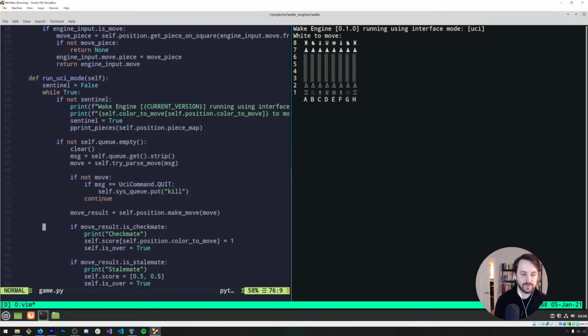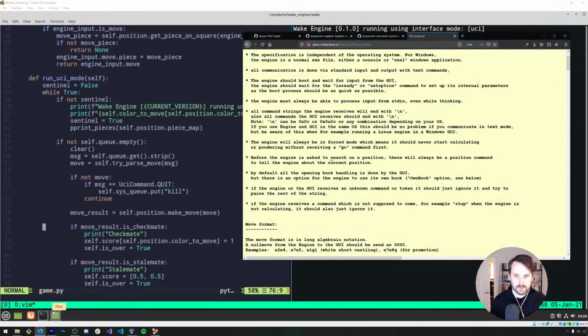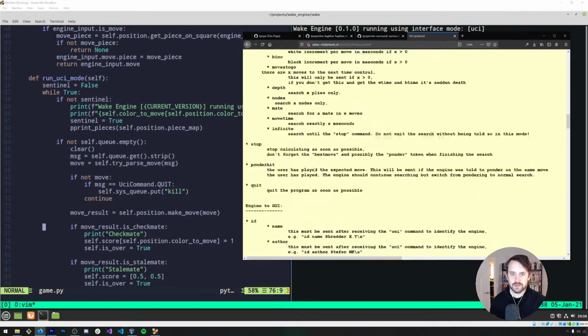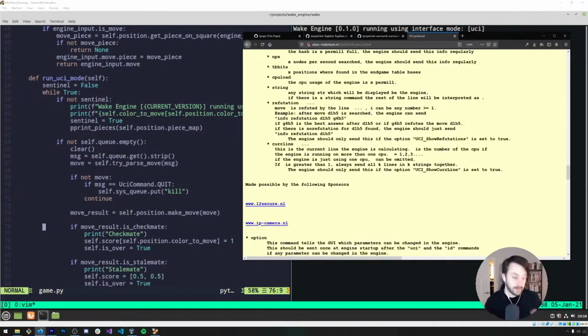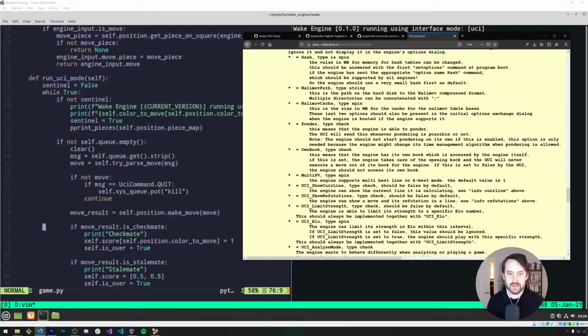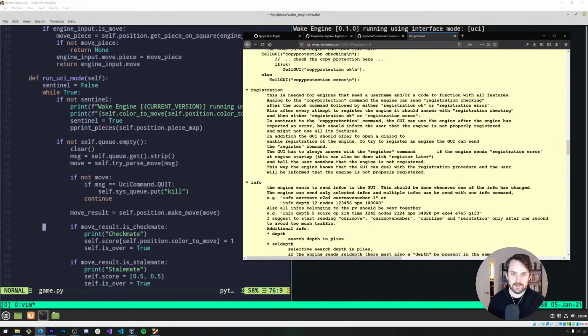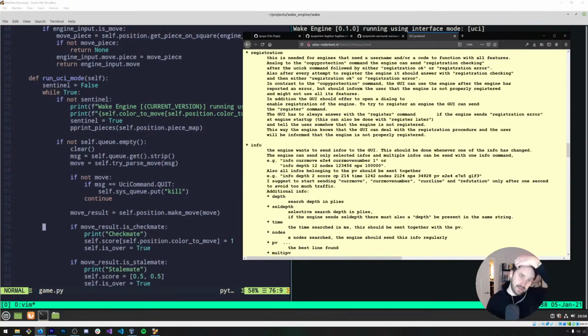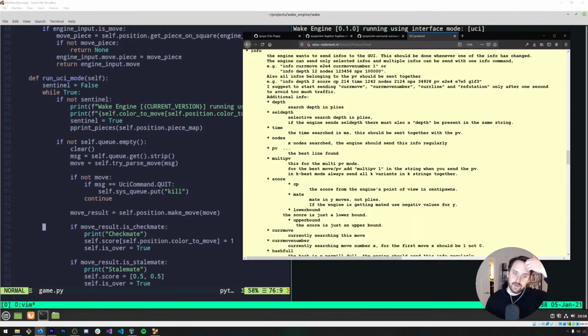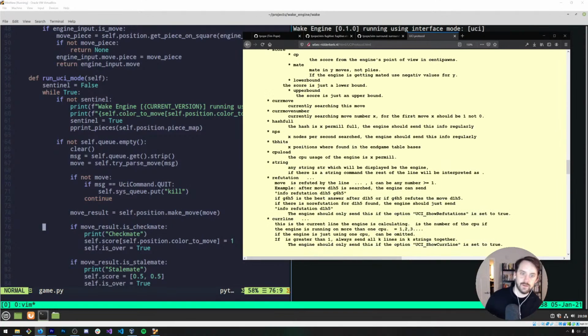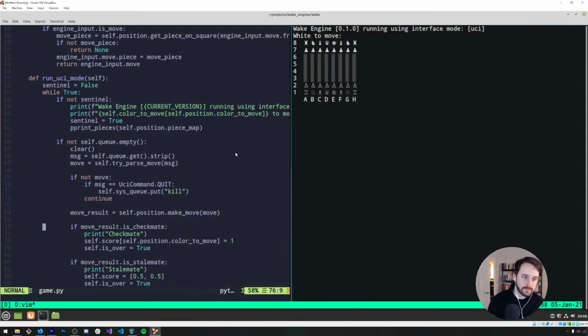There are a bunch of UCI commands, which I probably won't get into all right now, but the standard shows all of them. So actually I did write a class that parses out all of the UCI commands, or at least most of them. So you can say things like info time, info PV, info score, info refutation. There are a bunch of them.